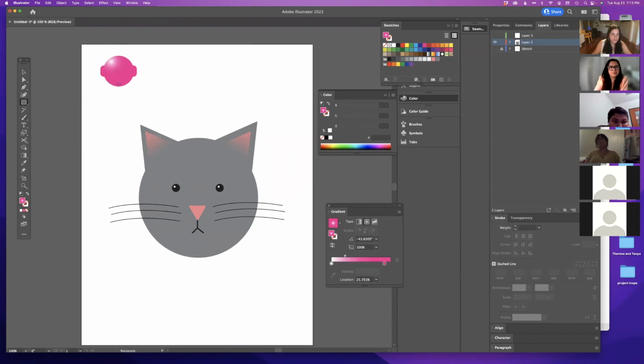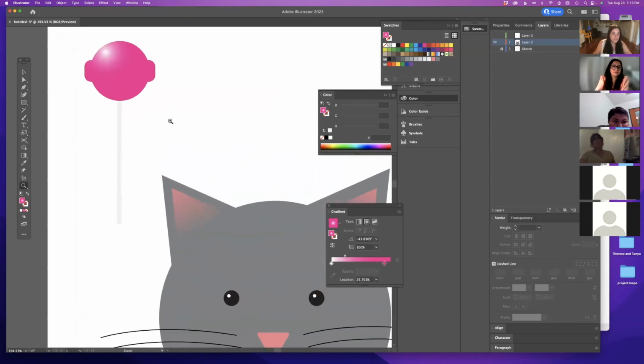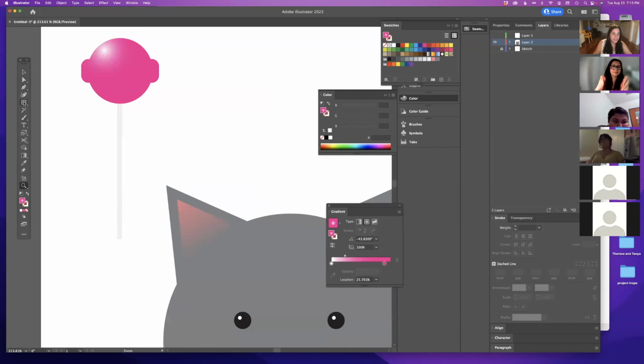And then you could do a rectangle. And move this forward. And then if you really wanted to get into it, you can add lines for extra detail. Like if you want this line.